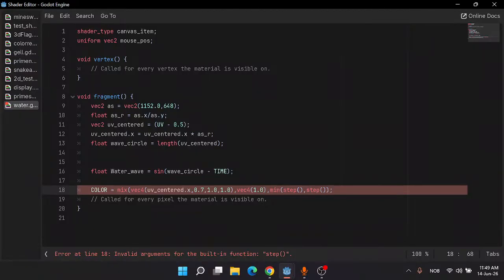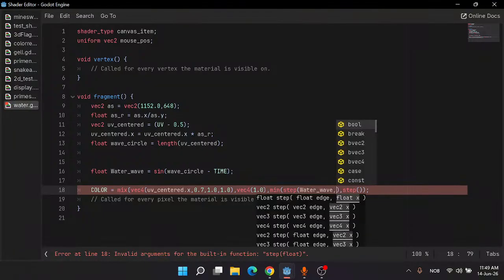The first step is going to do water wave. Then it's going to say water wave. Then if the water wave is